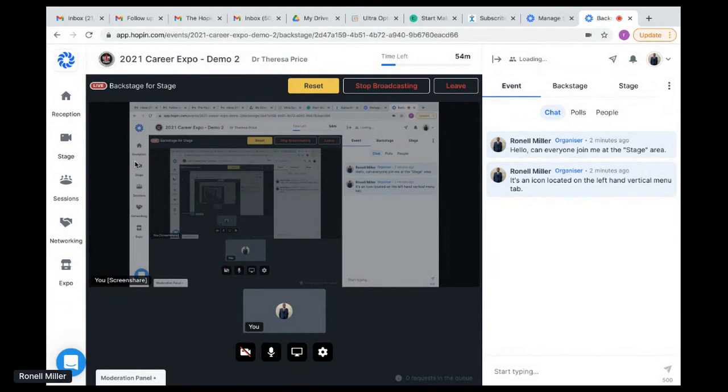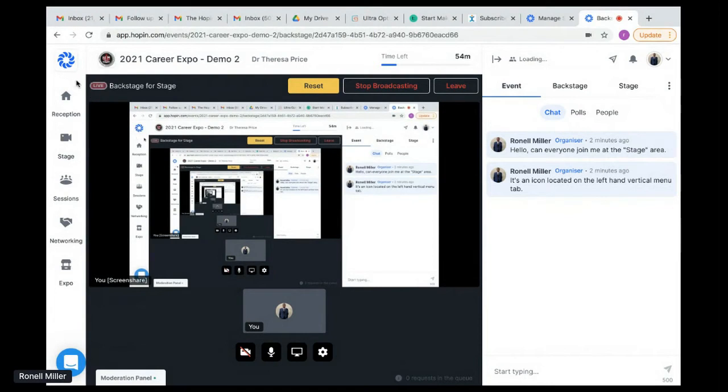So first, follow my mouse so you know where I'm going. The first area that we land in a Hopin event is the reception area. The reception area is essentially your virtual check-in station at an event. So the schedule for the day will be listed there. Also, you can get to that at any point of the event. So anytime you need to refresh and know what's happening, return back to the reception area